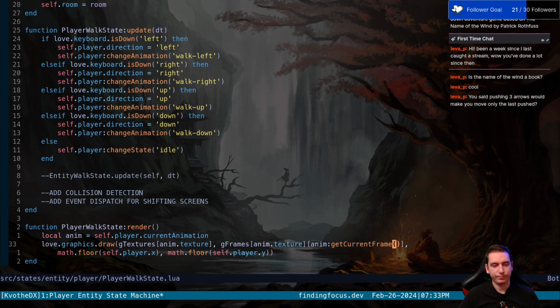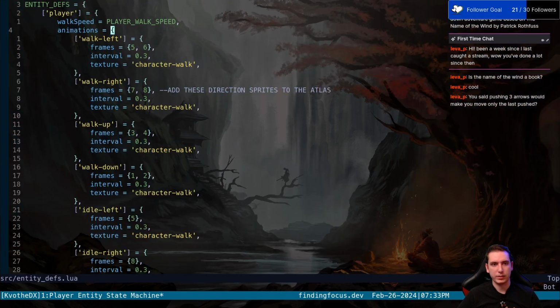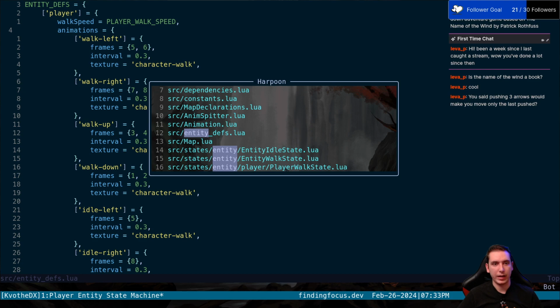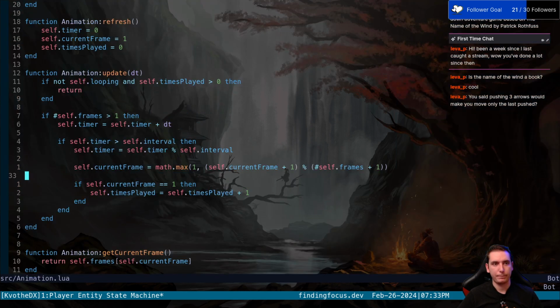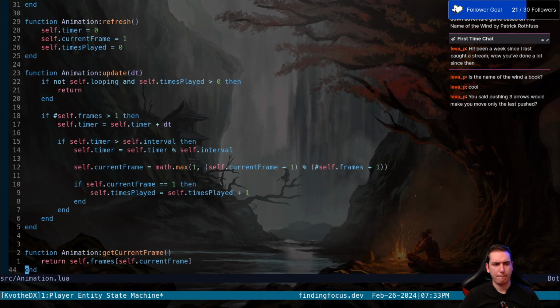Okay, so it's a little tricky to kind of break that apart. I think the anim.texture, the current animation, this dot current animation is from our entity defs. So if we look at our entity defs, actually it's not from our entity defs, but after we pass it into our animation table, it spits out a field called animations. Does it not? Where? No. Okay, so I guess all it does is